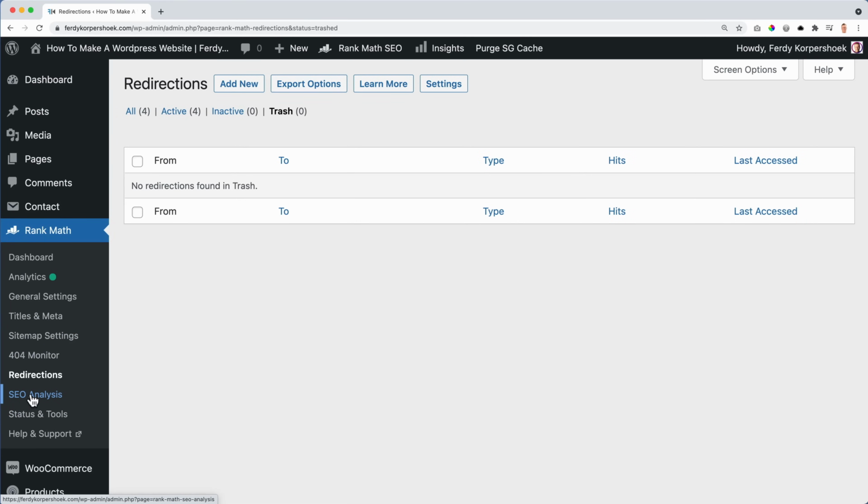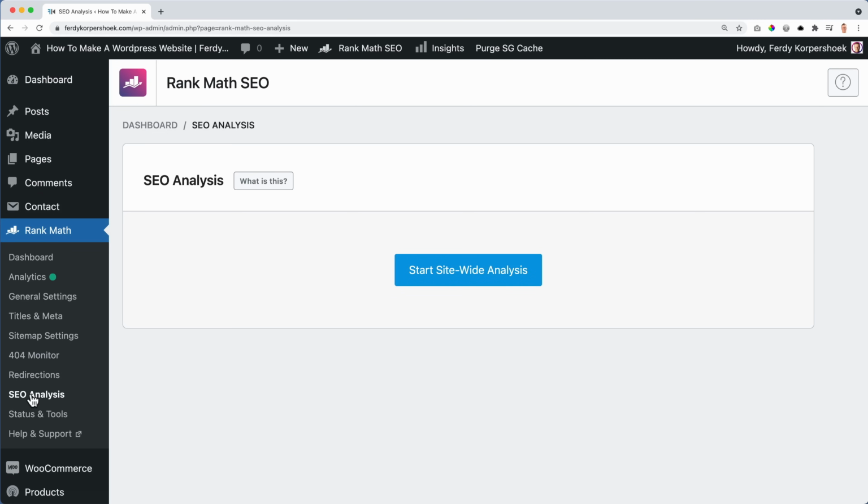There's a tool within RankMath that scans any page on your website and gives you feedback on how you can improve your website. And this comes with the free version of RankMath, which is, in my opinion, really exciting. Let me show you how we can use SEO analysis to make your website better for the search results. So next area, the SEO analysis. We can start our analysis.